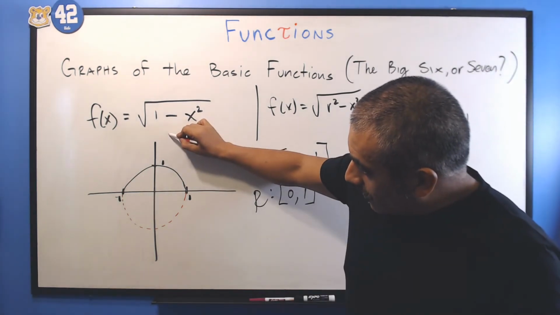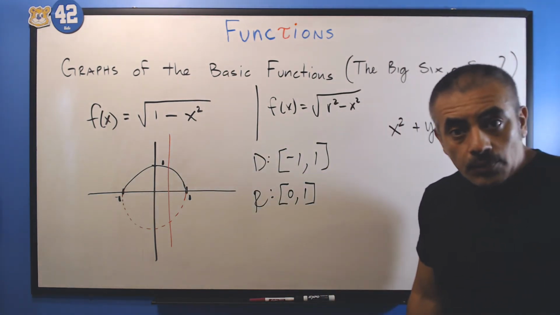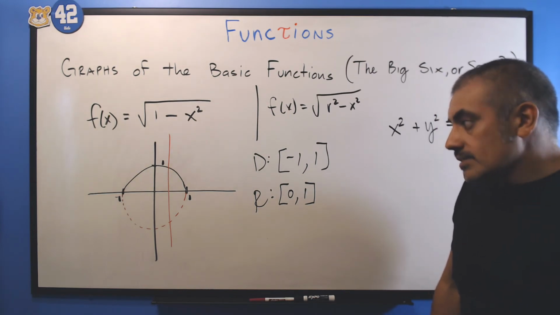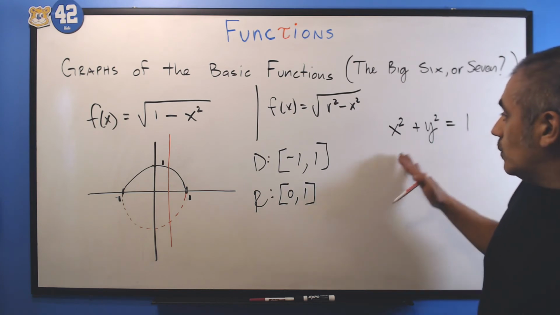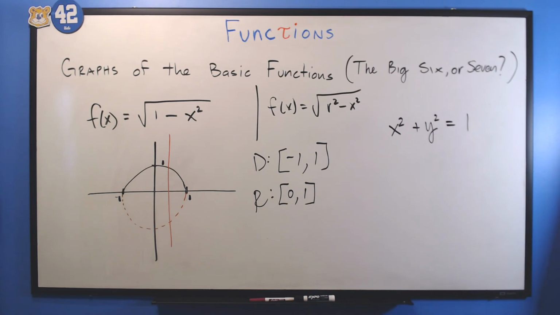When you take the vertical line test of a circle, you get 2 points. And we know that that's not possible because the vertical line test is supposed to only touch 1 point in a function. So then what we do instead is we solve this function for y,